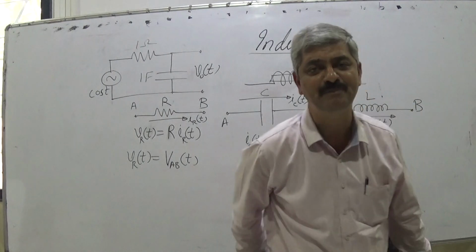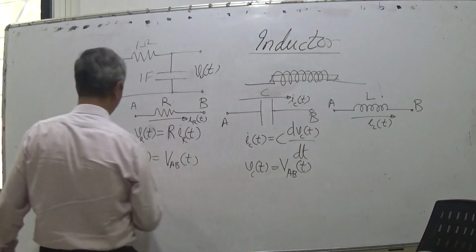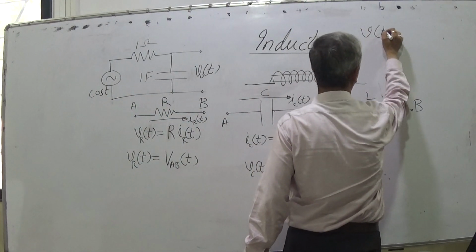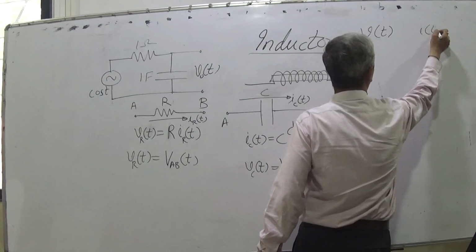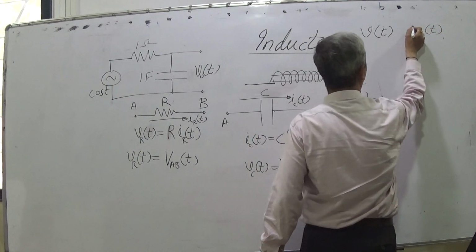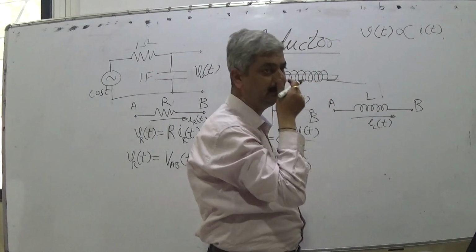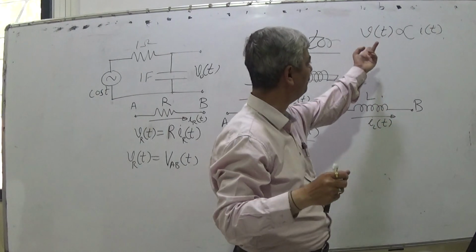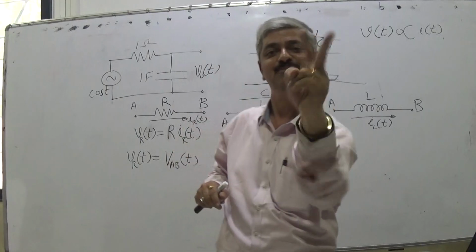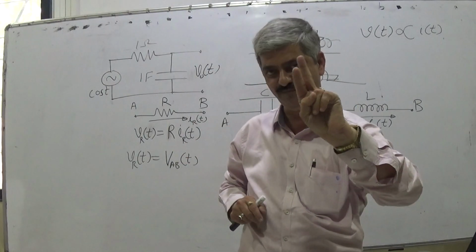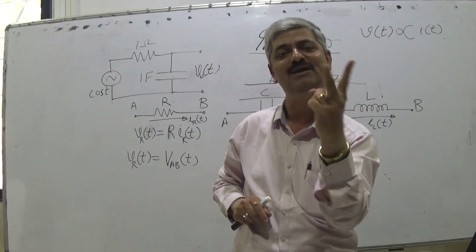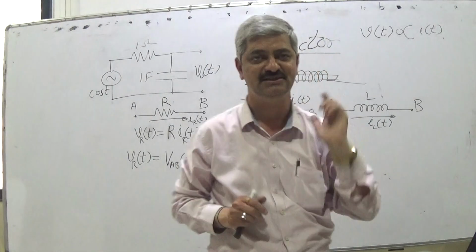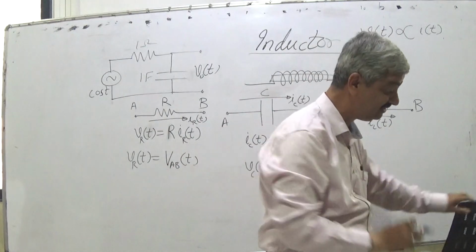When I say linear relationship, it means proportionality. So we have voltage across and current through. So two parameters, and those are proportional to each other. V proportional to I implies that I proportional to V. So when I say direct relationship, only one thing is possible: a single constant of proportionality, depending upon the value of the resistor. So this is only resistor.